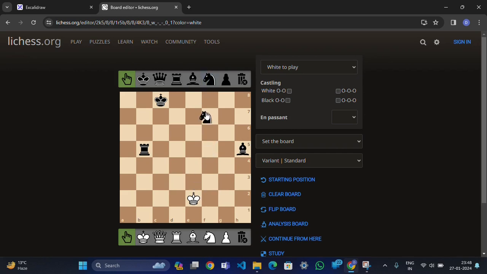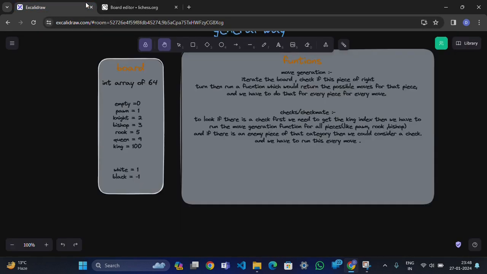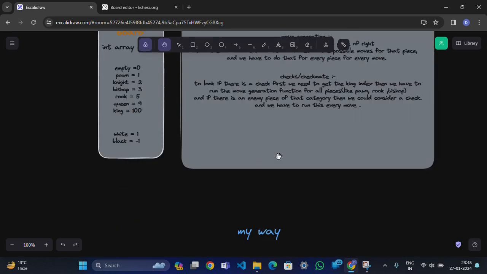Okay, so we have to do this for a knight too. If there's a knight, the king would act as a knight, and it's not very good, it's very slow, and we have to do this in every turn. Okay,